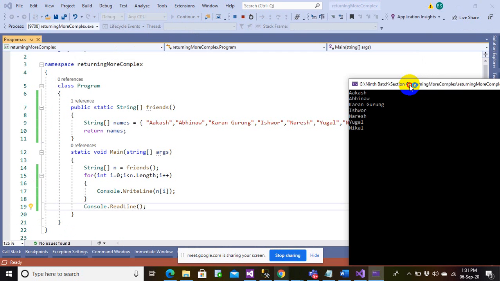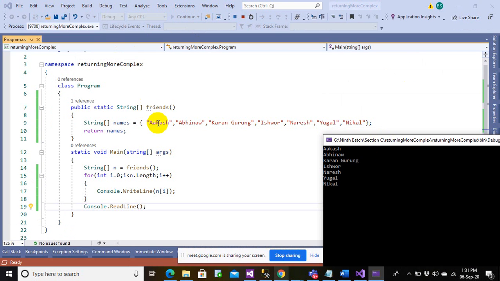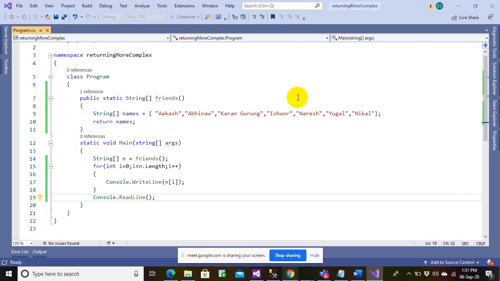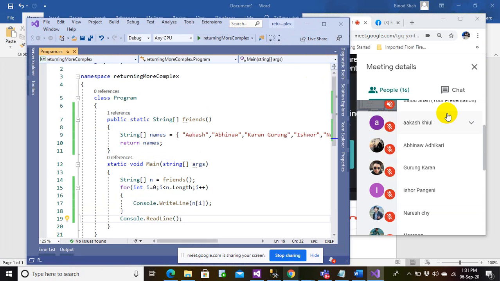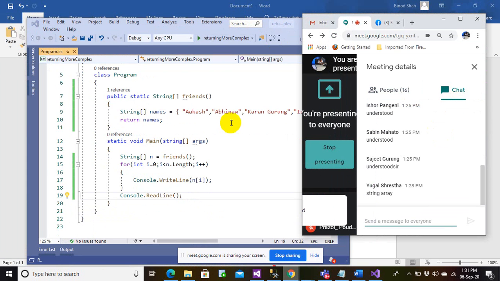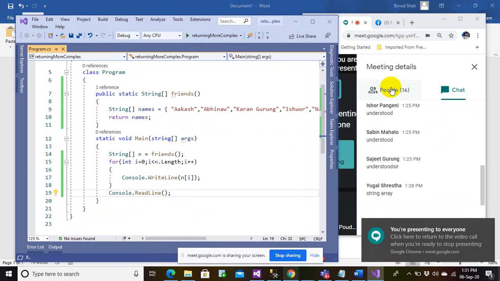See, in one function we created an array. In the calling main function we defined a variable as an array. We store the function's result inside a variable, and we are able to iterate through each and every element of this array. This is coming from this function. Alright everyone, so this is tricky, isn't it? Somewhat tricky. Are you understanding this? Not so easy to understand at the very beginning.